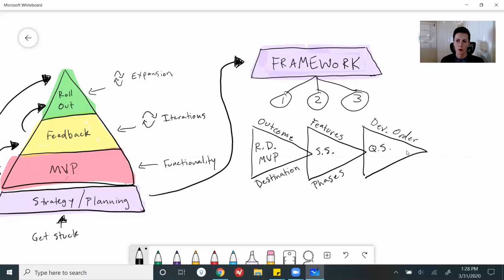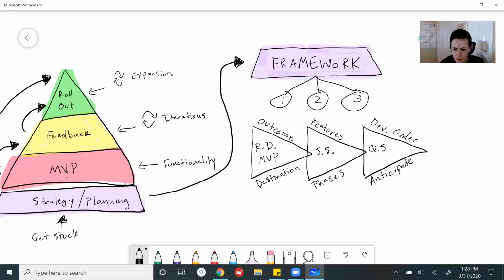Number one, in which order are you going to build your features? So where do you start? Where do you go next? What do you build after that? And so on. You have to build those in a very specific order. And not only that, but within the feature, so breaking that down even further, you have to build each feature in a specific development cycle, right? So what do you build first? Do you build the front end? Do you build the back end? Where do you start? There's a very specific development order you have to follow. And when you follow this, you are going to start being able to